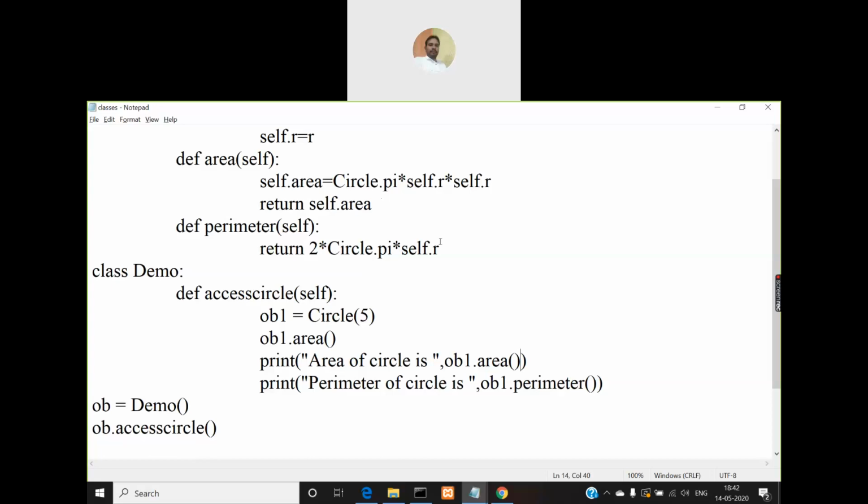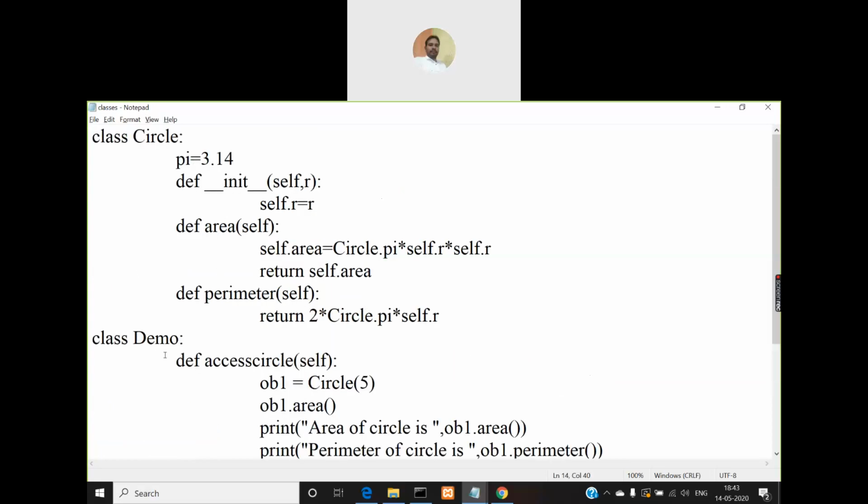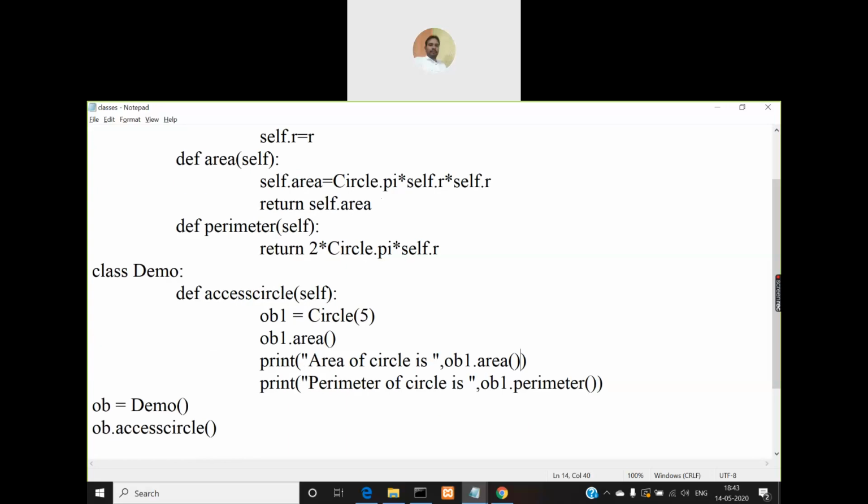Similarly, the self keyword can be used to access an object variable's value. If there is no object variable matching that name, then it will check whether there is any class variable matching that name, and that will be accessed using the self keyword. So using self is within the class. Using the object name to call the class variable will be outside the class. These two things we discussed in the previous programs, and now in this program we are creating multiple classes and creating an object at least for one class outside the classes.